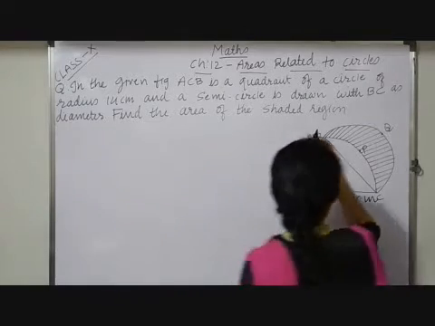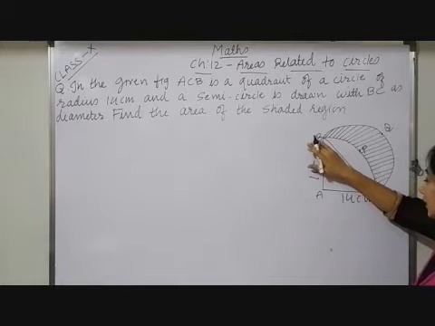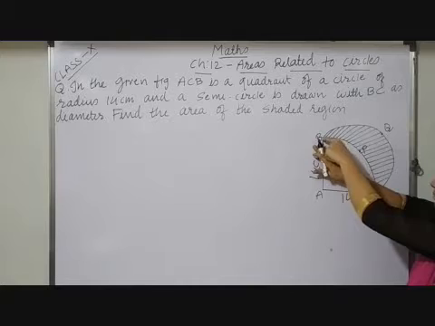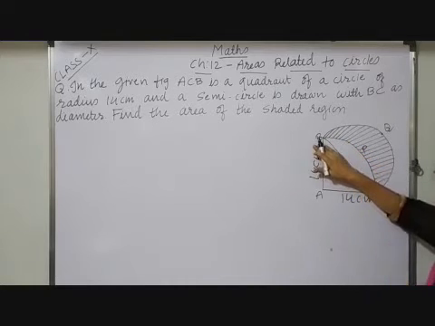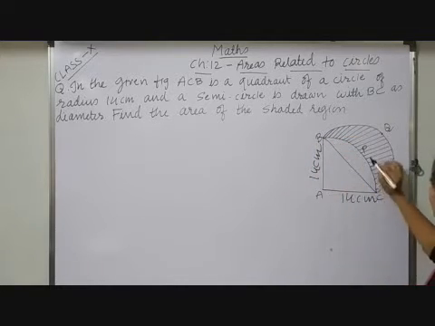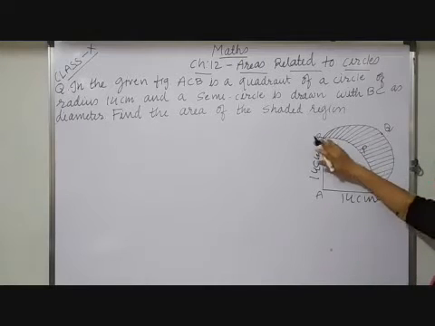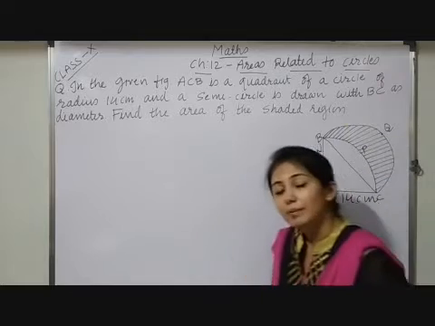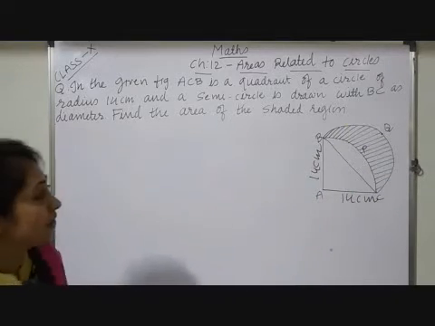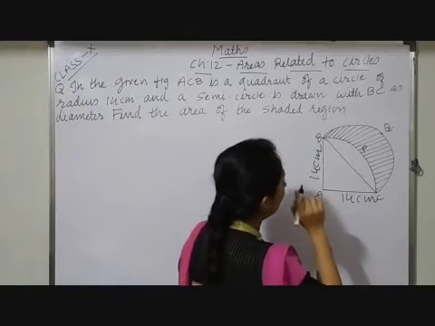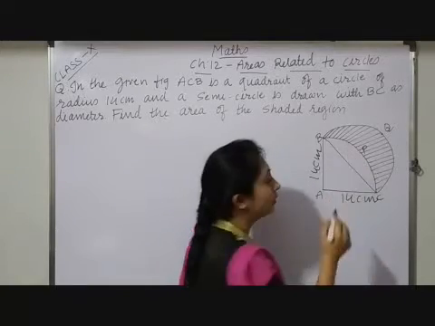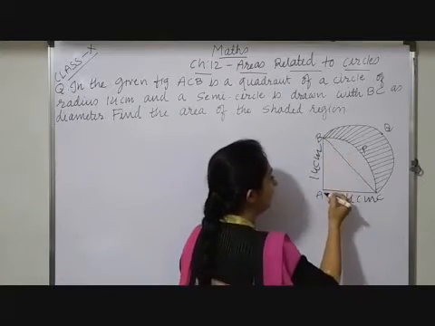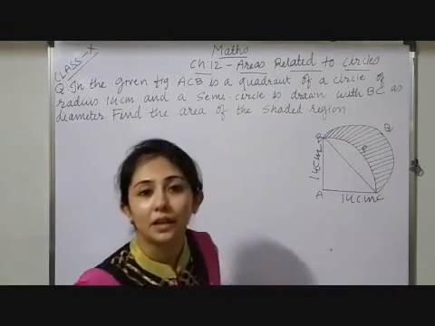So now observe. From a semicircle, if I subtract this segment of this quadrant, observe, BACP is a sector. So from this semicircle, if I subtract this BPC, obviously we'll get the required shaded region. But before this, I have to find out the area of the segment. How will I find the area of the segment? From the area of the sector, I have to subtract the area of the triangle.